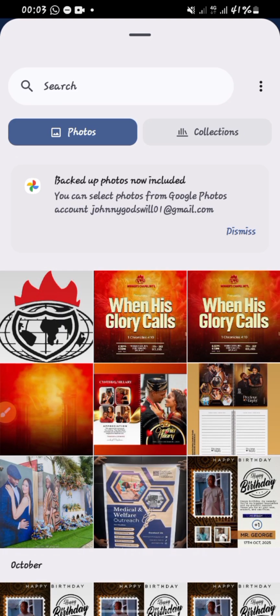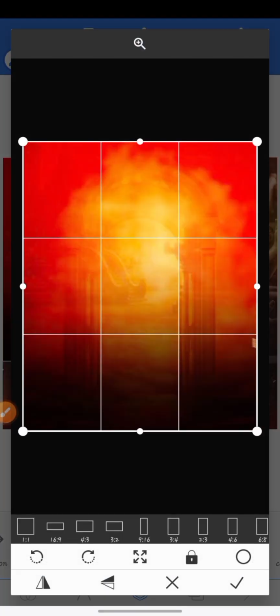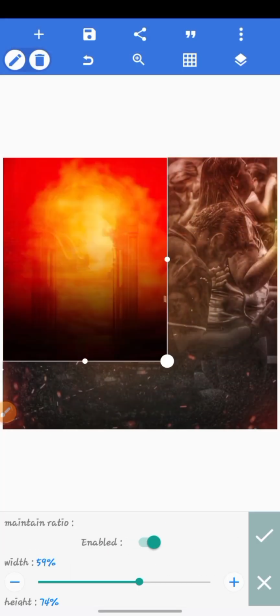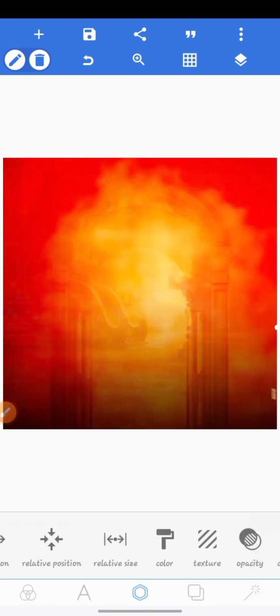Bring in this particular background. Now tick here. The same thing, do not move it. Go to your relative size, increase this to 100%, and then tick here. Now you notice something, that the first background is at the back, while the one we just brought in now